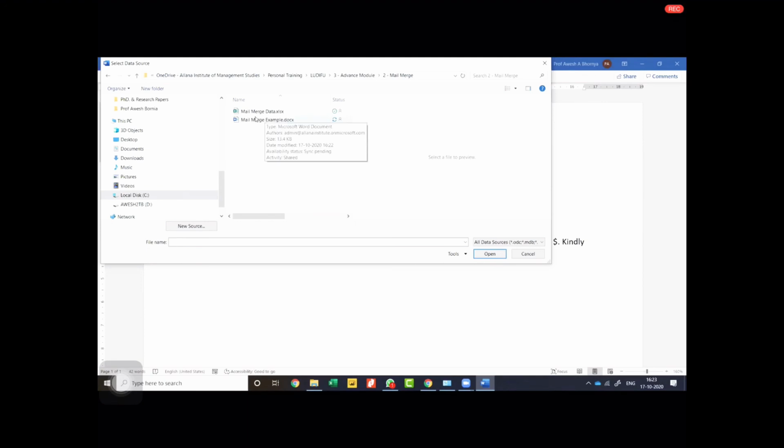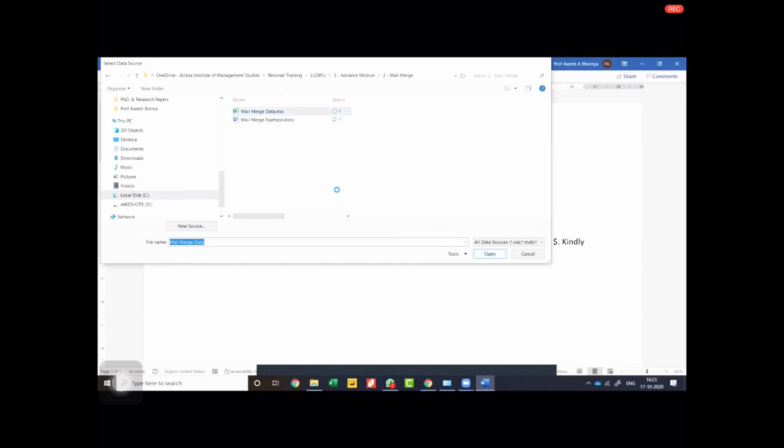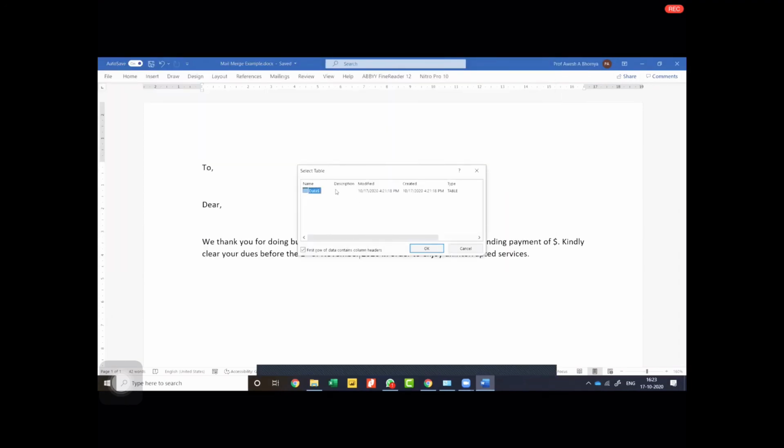And now you select your first value, the first file, that is the Excel file, and then click OK. So once you click OK, it says where do you want the data to be selected. So I have only one table in the Excel file, so I'll select that data and click OK. But before you click OK, there's one very important thing. Remember, you cannot keep your Excel file open. So before you're importing data into your Word or before you're connecting it to your Excel file for mail merge, please make sure that your file is closed. Okay, now it's closed, you can just click OK, and when you click OK, it is now connected.